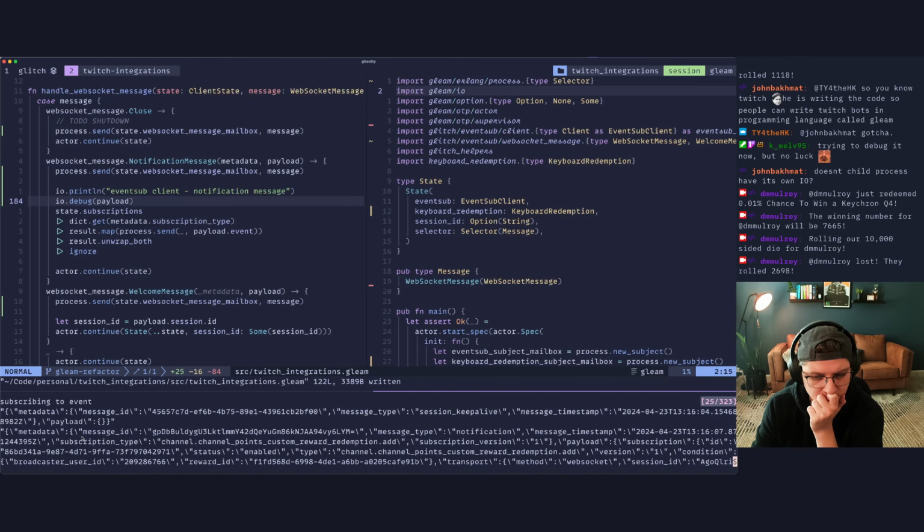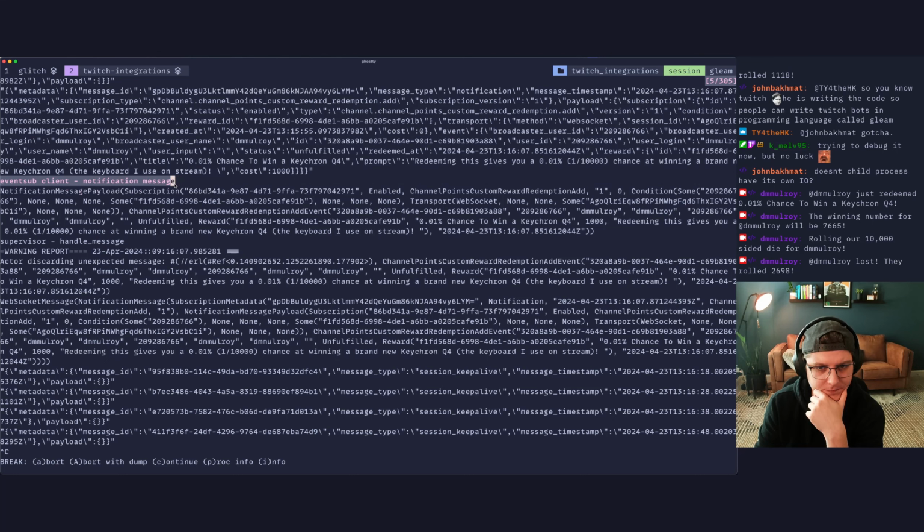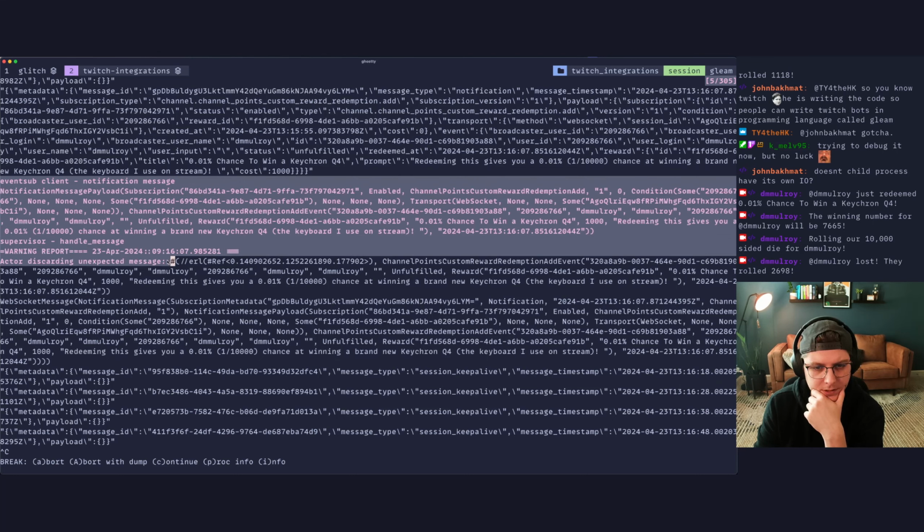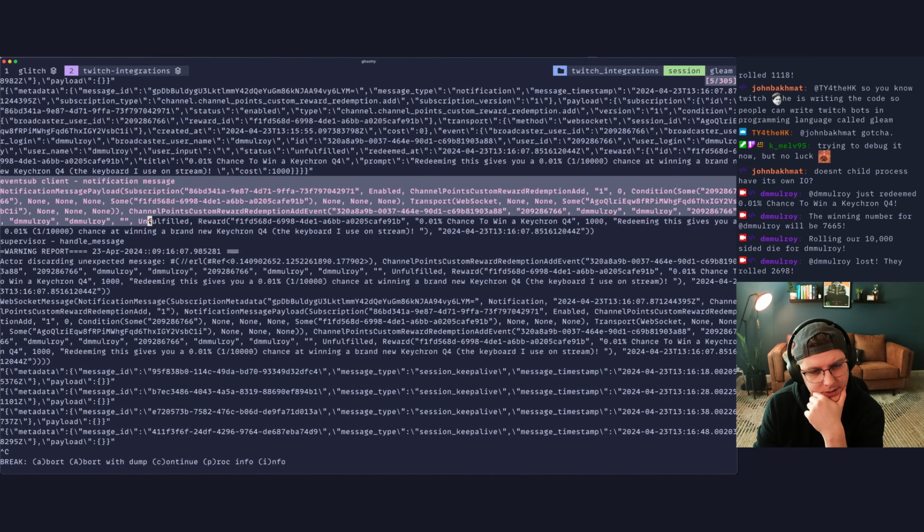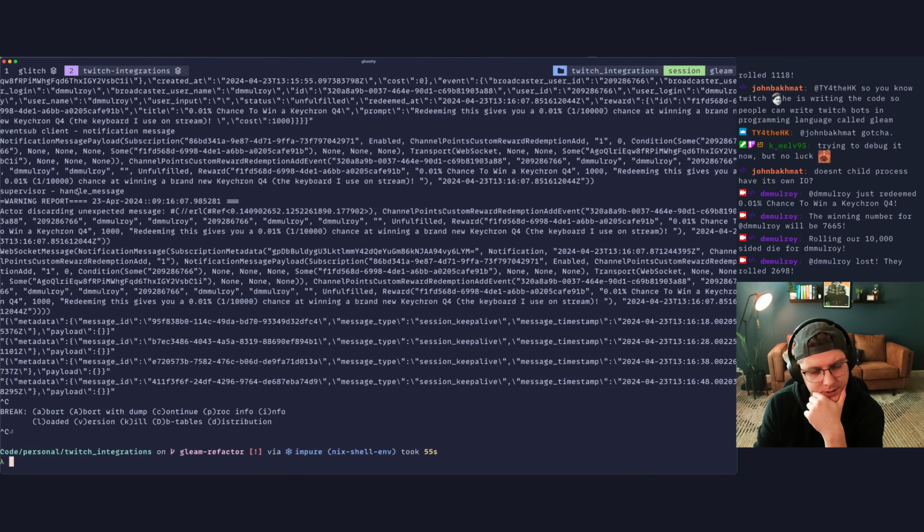So we subscribe to the event. We get the raw event. We see the log from our event sub client. And then this is where we error. Our supervisor gets a handle message. How did that get there?